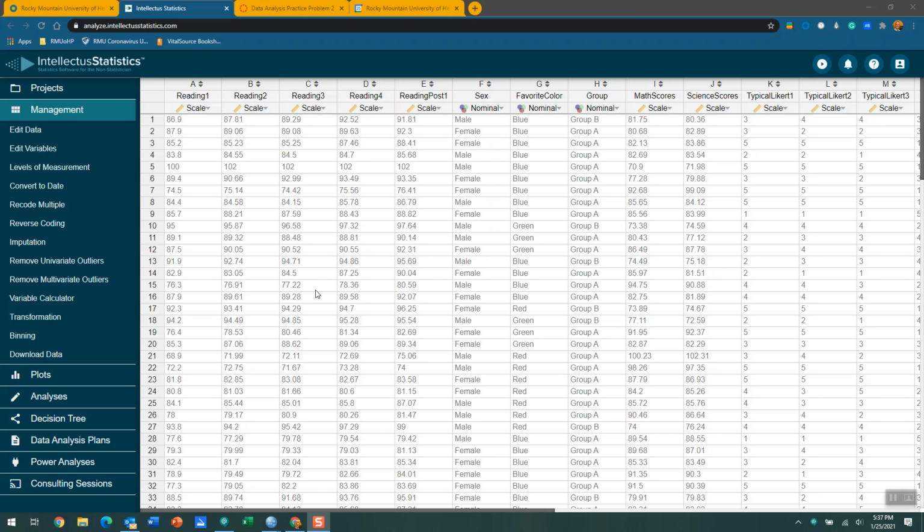So this is a fairly common situation in which we have population data that we want to compare a sample to. Many variables out there we don't have population data for, but if we do, which is very often the case with standardized tests, we have a population mean we can compare our sample to